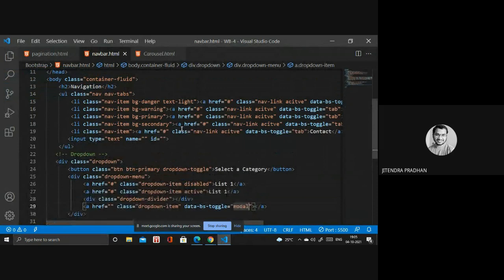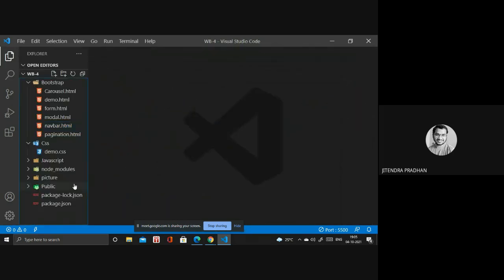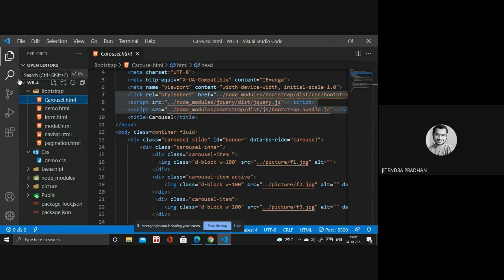Okay, so next thing, what other things do we need? I think we have done all the parts. One thing we have to go through is the carousel. We'll discuss how the dropdown works in the next chapter, tomorrow. And tomorrow I will show you the card as well, and the carousel. I will show you that part.